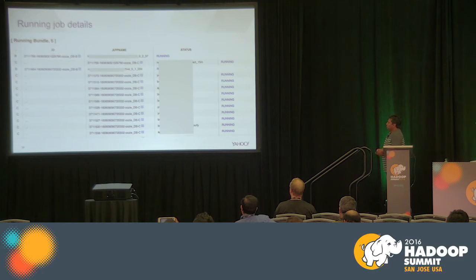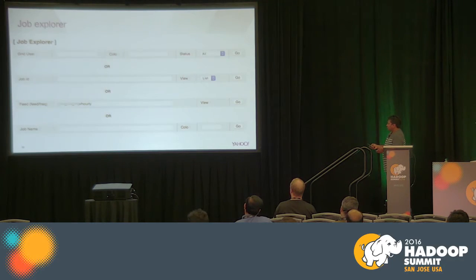There is also a different section which displays all the running jobs and their details. Once you click, it goes back to all actions. This is one of the cool tools they have added. If you look at the first row, it says grid user. If you provide a grid user and the colo, it pulls all the job information for that particular user from that colo. This solves the purpose where we don't support multi-grid view.